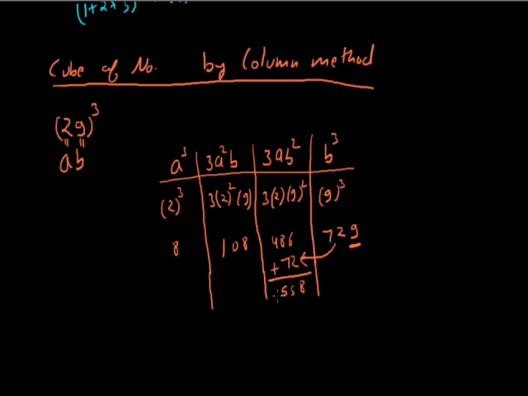So 558. Again I underline the unit digit of this column and I carry forward the remaining digits to the next column, that is 55. So I write 55 here. Now again I am adding 108 plus 55. So 8 plus 5 is 13, 1 carry forward. 5 plus 1 is 6. 163. Now again I underline the unit digit, that is 3, and carry forward the remaining digits, that is 16. So I write 16 here. So 8 plus 16 is 24. And in the first column I underline all the digits, that is 24.